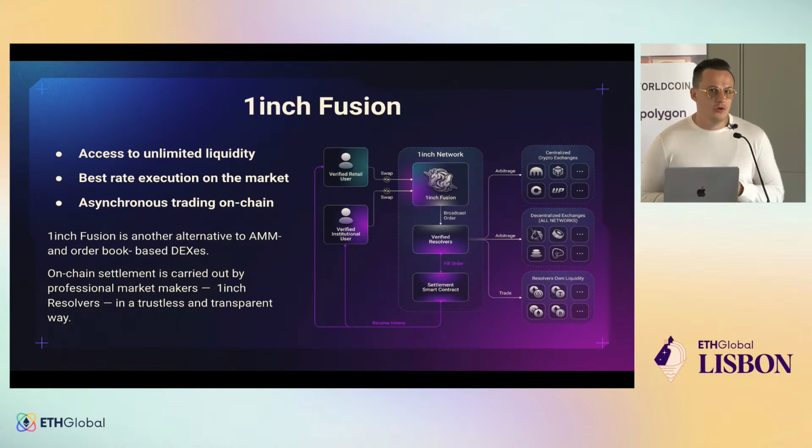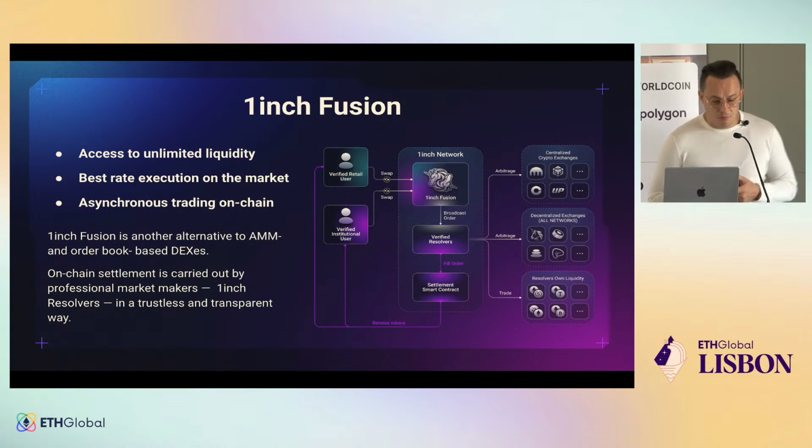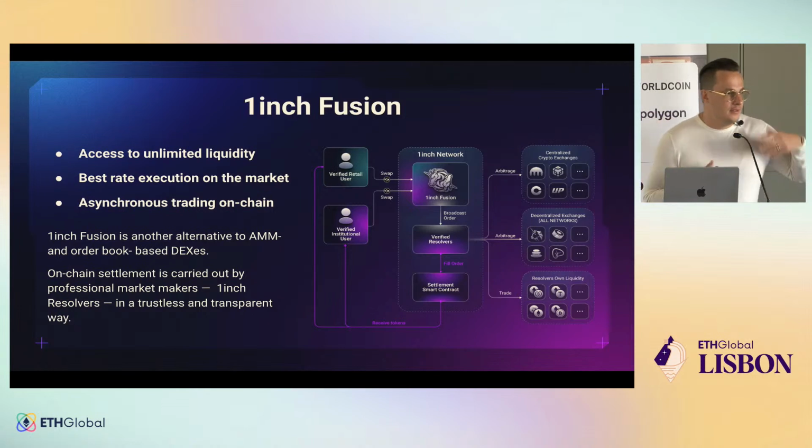It works very well on Ethereum, since if you do the transaction by yourself and the amount is higher than around 10,000 US dollars, someone will front-run you. So someone will sandwich you, and you will lose a good amount of money, in normal cases like 50 bips. And this is not how it should be, and Fusion solved this problem. Fusion is based on our limit order protocol. You just give a signature that you're okay to exchange one asset against another asset in a specific amount,